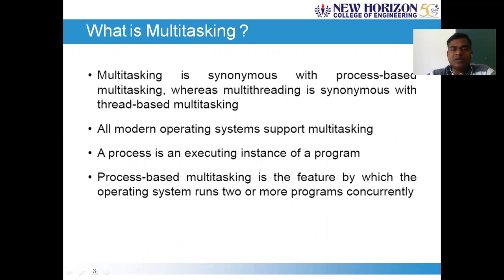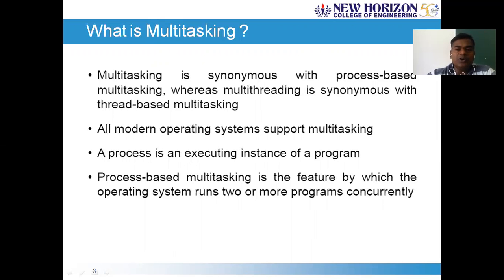For example, while saving your MS Word document, you should be able to enter text, or while typing, parallelly the dictionary should work and give an error if you make any spelling mistake. Those are a couple of examples. And while downloading a file, you should be able to navigate to some other pages.